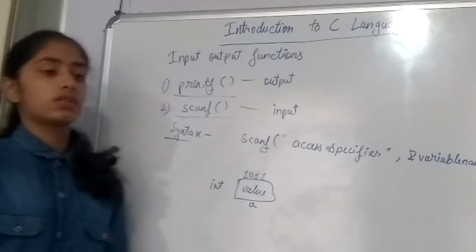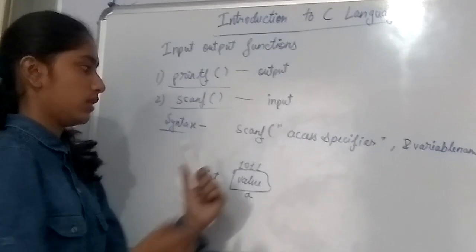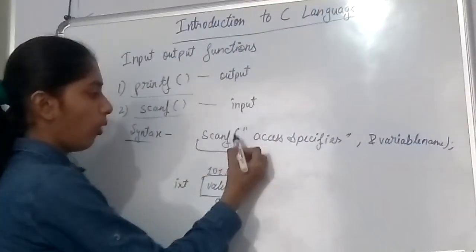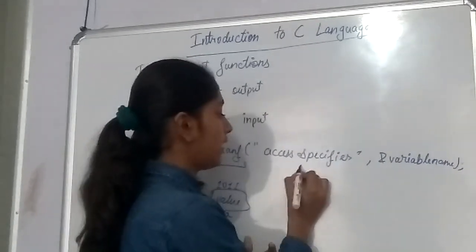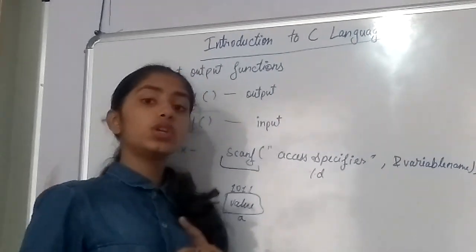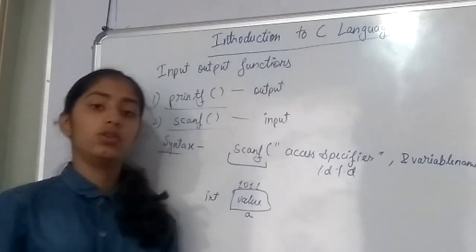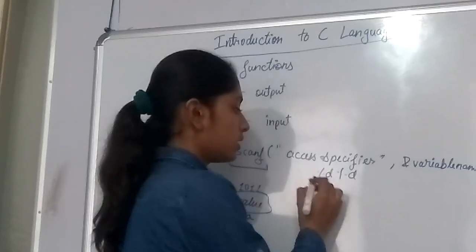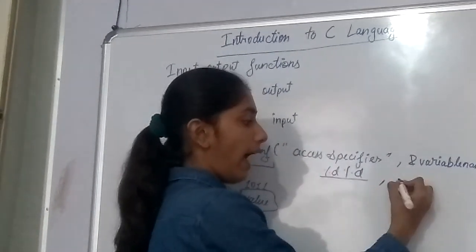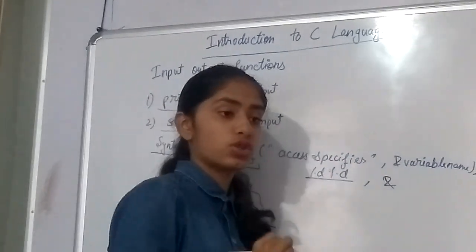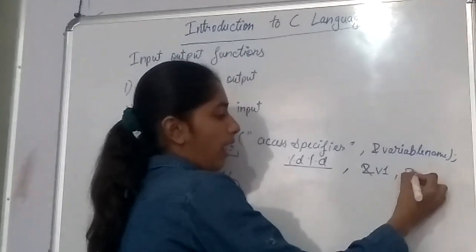The syntax, which means the way of writing anything in C, of scanf is: use the word scanf, opening, double quotes, then add the access specifiers. It can be %d. Now if you are using two variables, then write both the access specifiers together. No space or comma is included here. Just write them together without any space in there. Then give a comma. Ampersand is again very necessary to show the address of the variable 1, comma, ampersand,